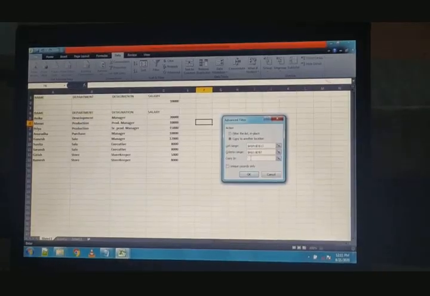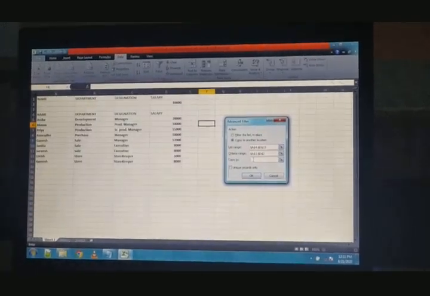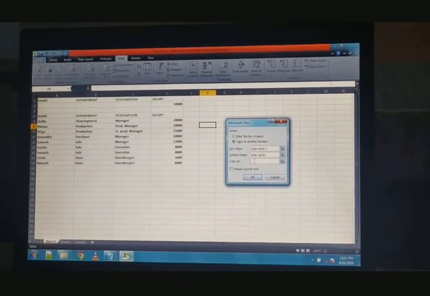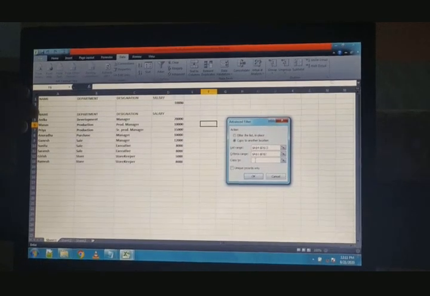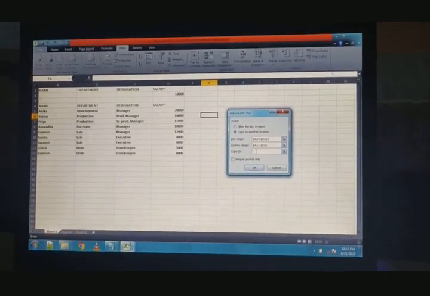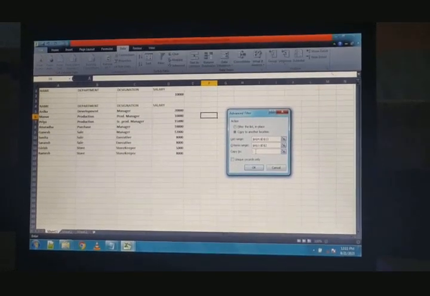Please try to understand, after filtering, our records come according to the 4 columns, so we have to define 4 column positions for displaying the filtered record.